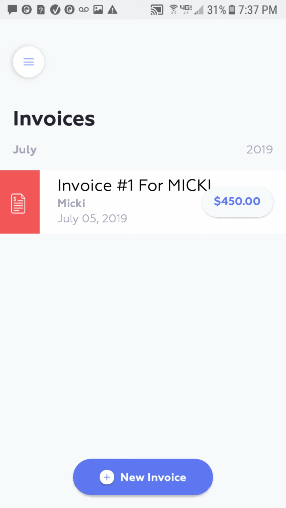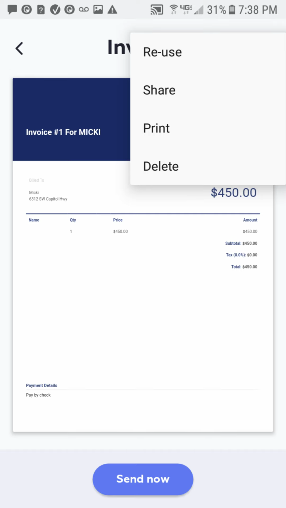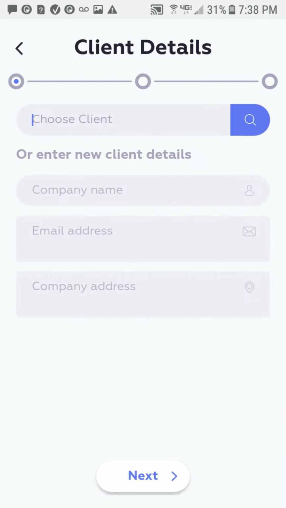You'll still have that copy in your own record, so if for some reason, let's say you sent it to them and they say, well, I never got it, you can open it again just by tapping on it, hit send now again, or maybe you got the email wrong on it and you need to correct that. So in that case, you want to open this menu again and hit reuse, the very first option,